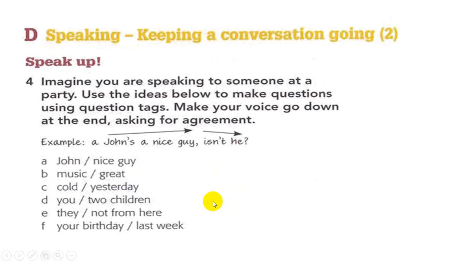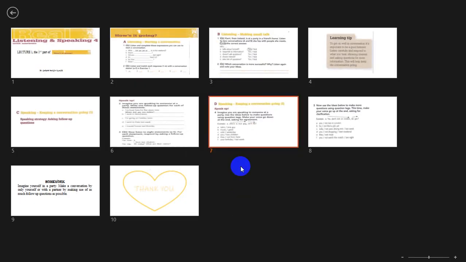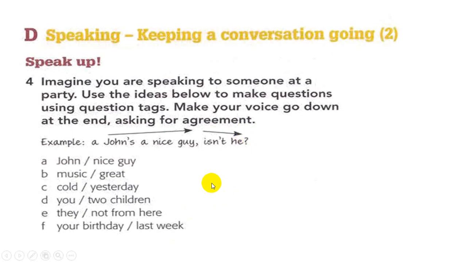For example, you all love Mr. Raed, I guess, because my students love him. So, Mr. Raed is a nice guy, isn't he? I'm happy. I'm waiting for your agreement, so I'm sure that you will agree with me. So I'm using the rising, falling tone. But if I'm a new student and I'm asking about Mr. Raed, I'll say, Mr. Raed is a nice teacher, isn't he? So here I'm asking whether he's nice or not.